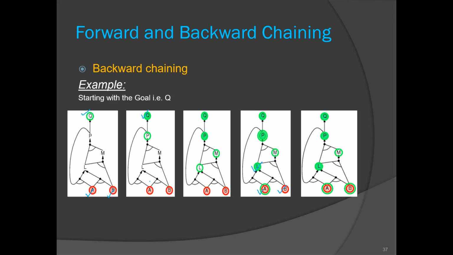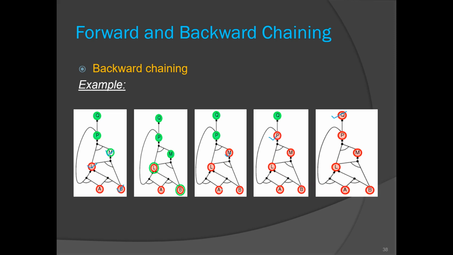So how do we approach backward chaining? We found all the implications involved in proving this Q, and we come to that particular implication where we know that all the premises are true. Then we recurse, and we come to the conclusion.